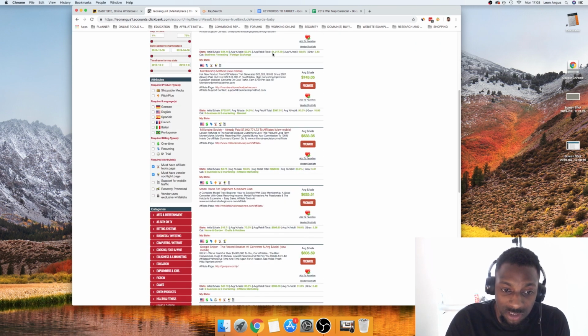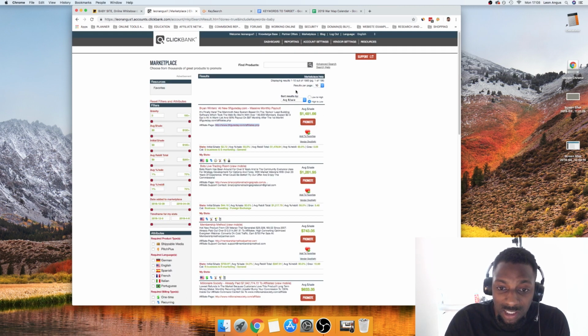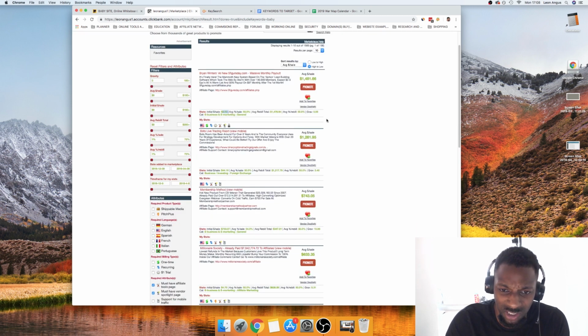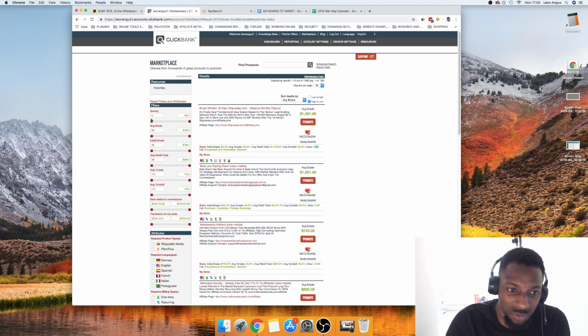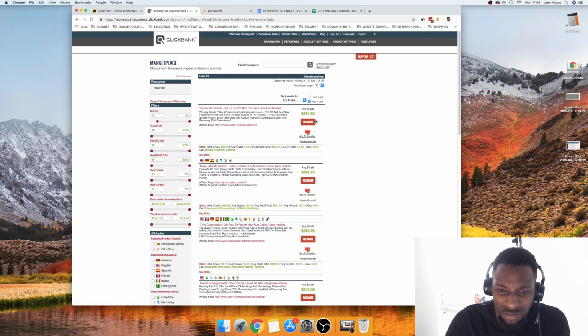So it's best to just look through, but generally you want to find something with a good average sale. This is good, because you can see the initial sale is only $2.72. Sorry, not this, actually, that's terrible. It's only got a gravity of 0.05. So you always want the gravity at least above 10, 15, and then it's going to give you